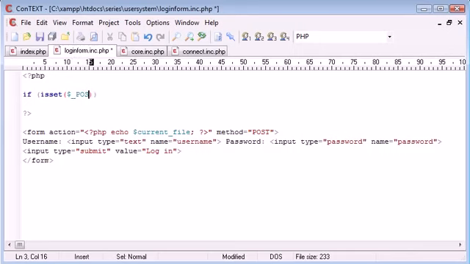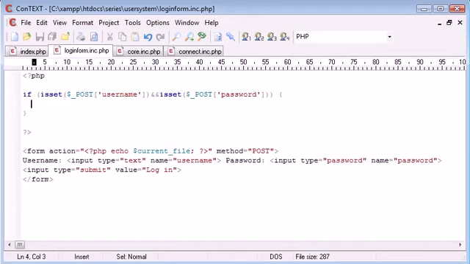You may have seen this example a few times before. So we're saying if isset, wrapping that in brackets, and specifying this post data that's coming through, and we're saying and isset $_POST, and the password as well needs to be set, and then inside the block we're checking if it's empty or not. So we're first of all saying is it set, and if it is, we're running this block, and now we're saying if not empty,